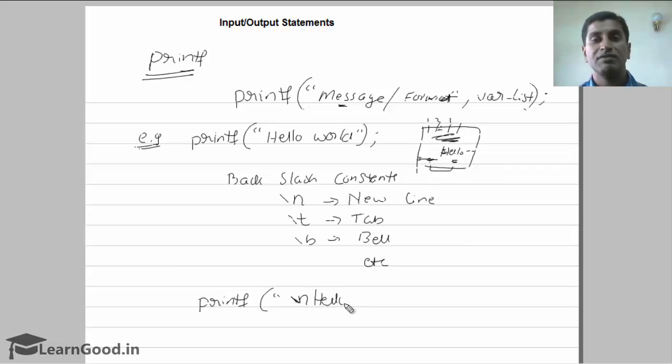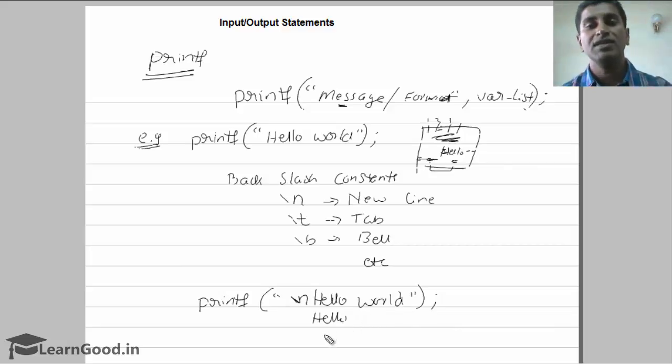Whatever message you have given will be displayed in the next new line, at the beginning. So \n hello world, then close this, and the semicolon. Now if you want to display hello in a new line, and then world in the next line,